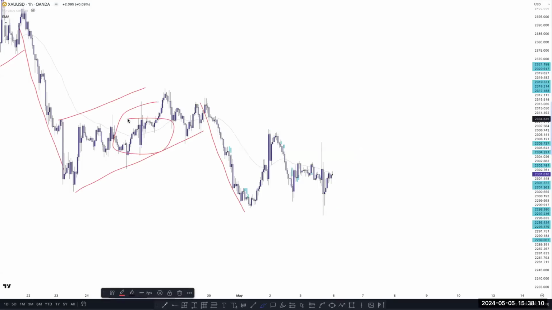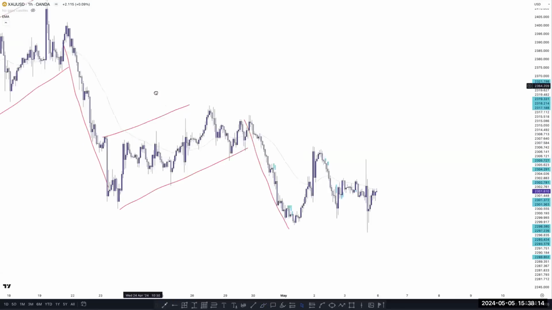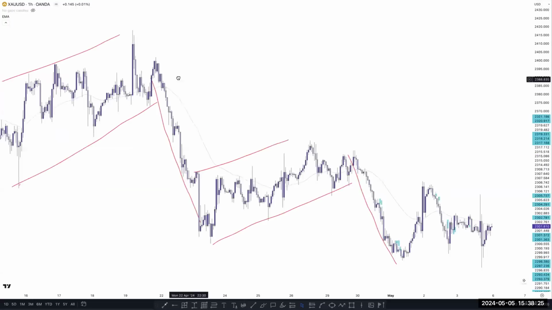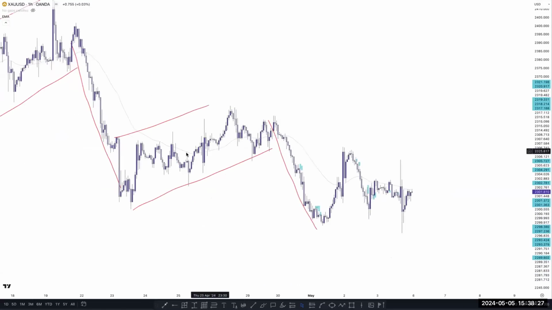You can see here it takes a lot of time to complete the structure and then the market went down. Same thing happened in our first attempt, the market was just trying to go higher and everything was bullish. But before this drop, the market created this strong move to the upside and then went down, right? So same thing happening here. This was a continuation pattern here, and then the market went down.